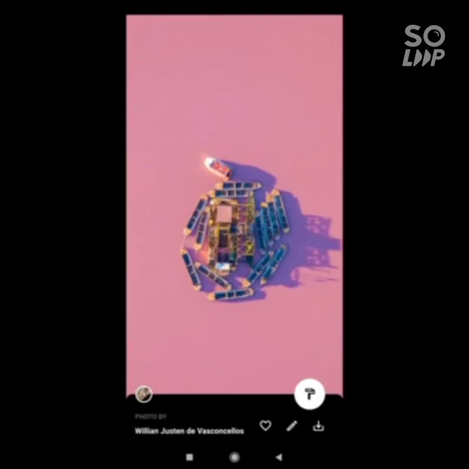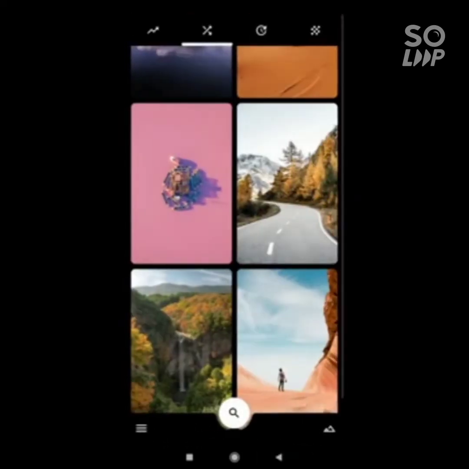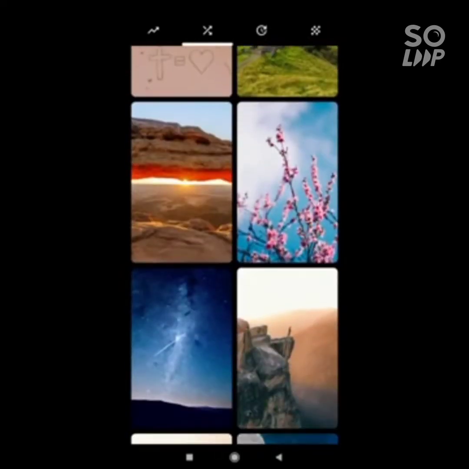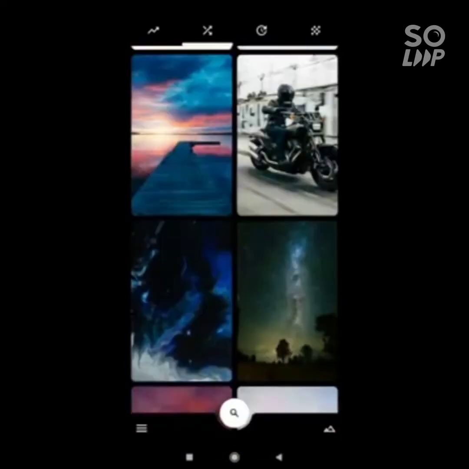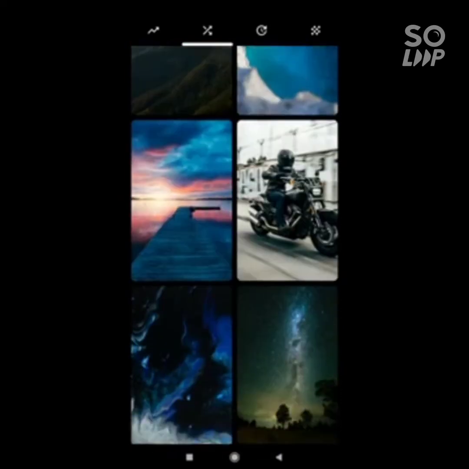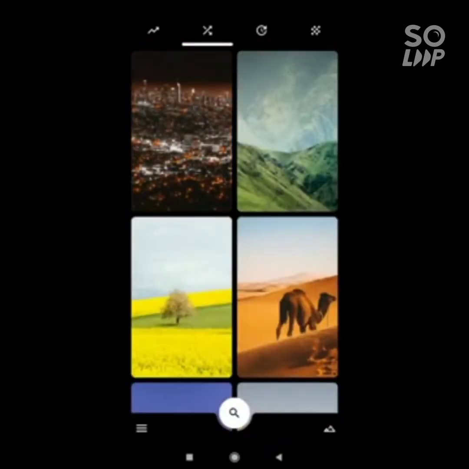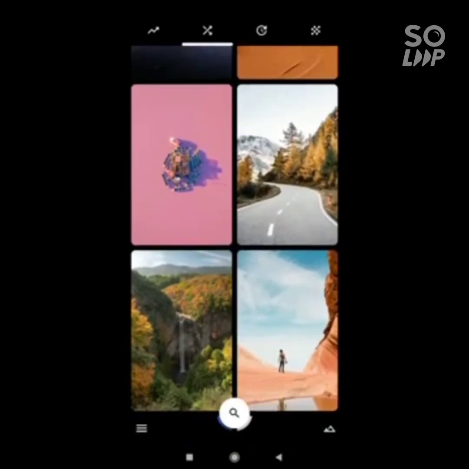So much detail is given in this app. Compared to all the theme-giving apps, this is considered one of the best, with a large number of wallpapers.